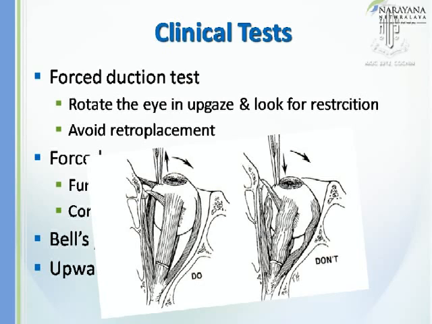Second, a force generation test needs to be done to see how strong the superior rectus muscle is. But remember that when you do a force generation test, always compare it with the other eye. Then comes Bell's phenomenon. You need to see that though the eye does not elevate in up gaze, when you are actually eliciting a Bell's phenomenon, does the eye go up is also one important sign to look for. And finally is upward saccades. You need to see whether the saccades are normal when the eye moves from downwards to primary position, and also from primary position to up gaze. And why? I will tell you.